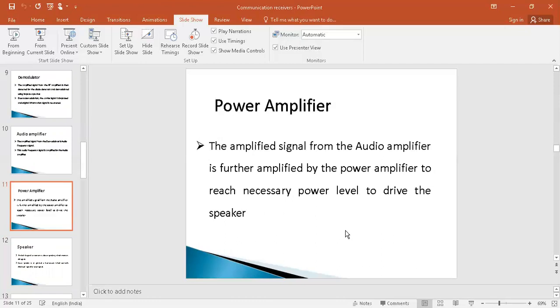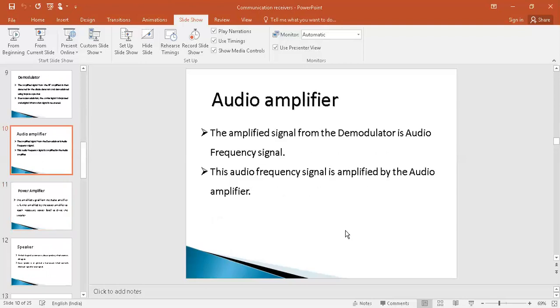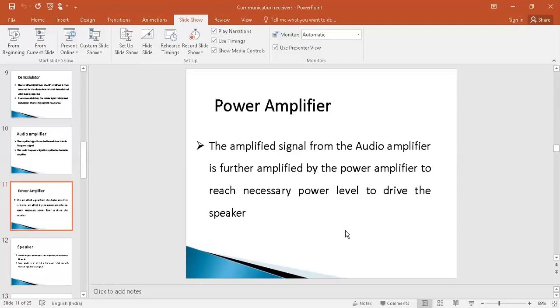You might have the doubt why we need to use both the audio amplifier and the power amplifier. Voltage amplifiers are used only for small signals, because the signal which has passed through these stages is of a low order. The voltage levels of the signal should be increased if you want to drive the load, that is a speaker or earphones or headphones, headsets, whatever load we are using with the receiver. If you want to drive that load, the signal should be very clear in terms of voltage, current and power. So the audio amplifier section will amplify the voltage levels of the signal, and it is fed as input to the power amplifier.